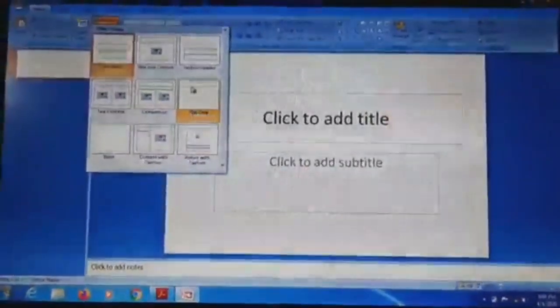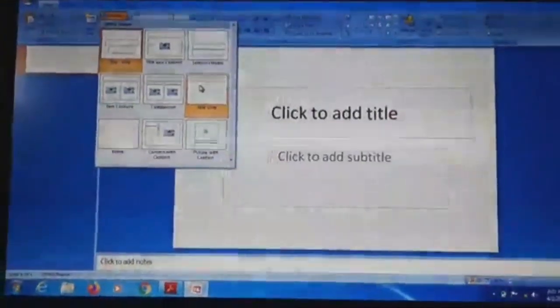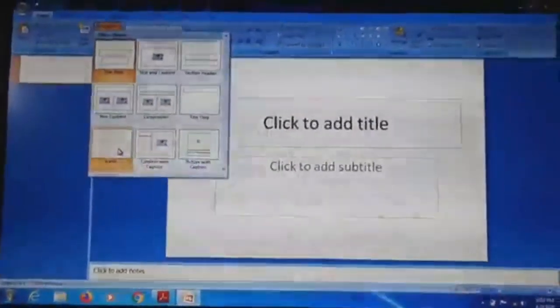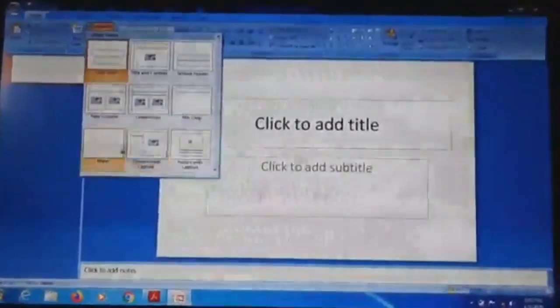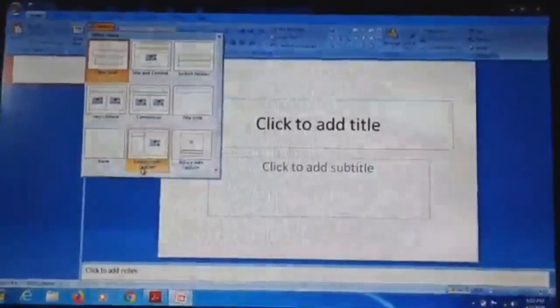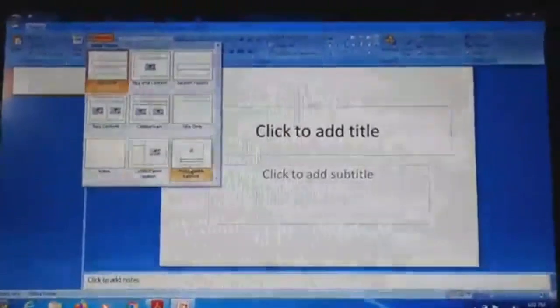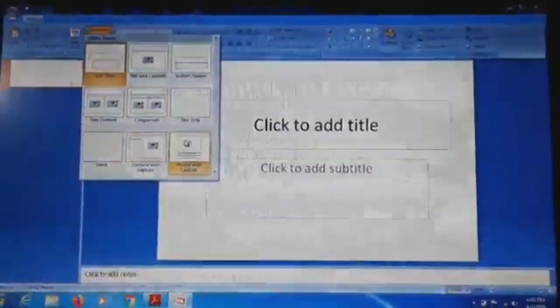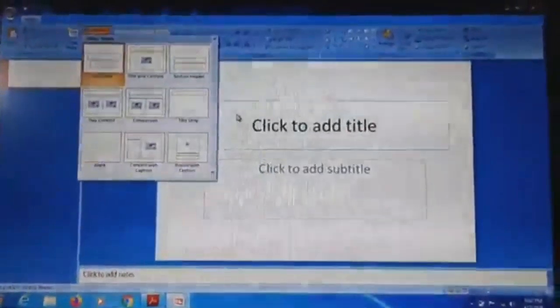And title only, if you want to give only a title to your slide, then you have to choose title only. This is a blank slide. If you want to insert any picture or text, then you have to choose blank. And this is our content with caption, and this is our picture with caption. So these are the 9 slides that we can choose to make our PowerPoint presentation.